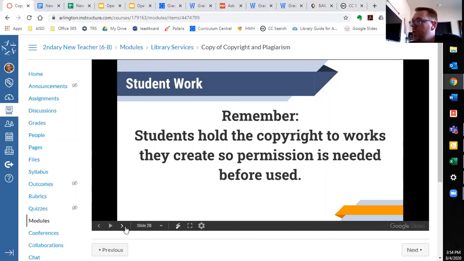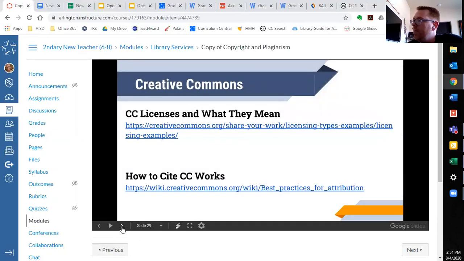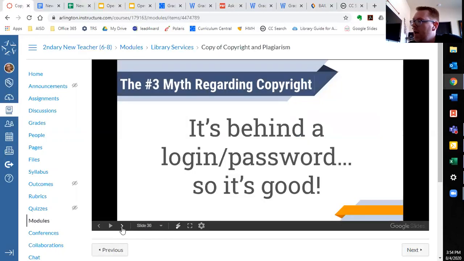And remember, students hold copyright to their works. So obviously we're not publishing and using their stuff in other places unless we have asked them for permission to use the work. There's a lot of license stuff for Creative Commons in here, so you can go see what those licenses look like. And I am almost out of time, so I'm going to very quickly click through these